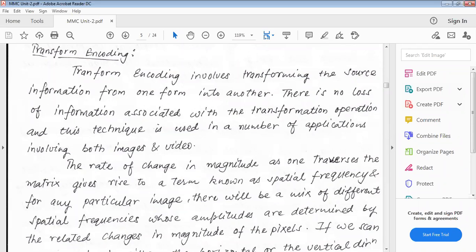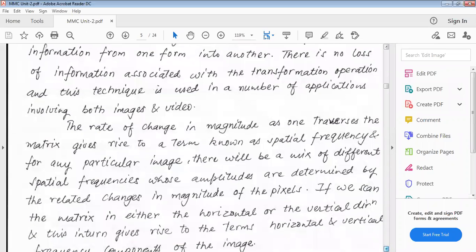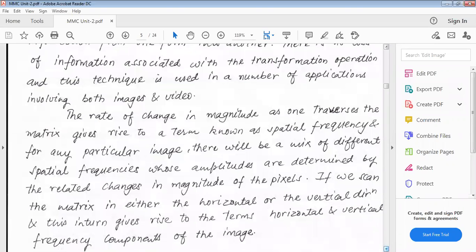So next, the rate of change in the magnitude as one traverses the matrix gives rise to a term known as spatial frequency. So here they will analyze the spatial frequency. So what is the spatial frequency? The rate of change in magnitude as one traverses the matrix gives rise to the term known as spatial frequency for any particular image. For example, if I consider an image, for any particular image, there will be a mix of different